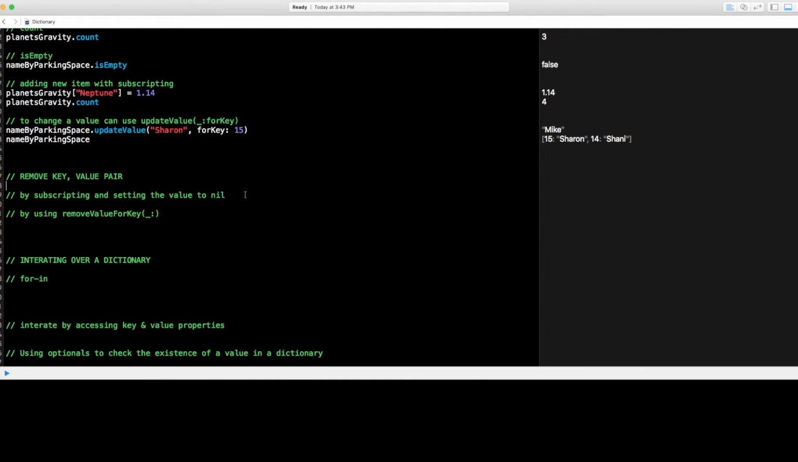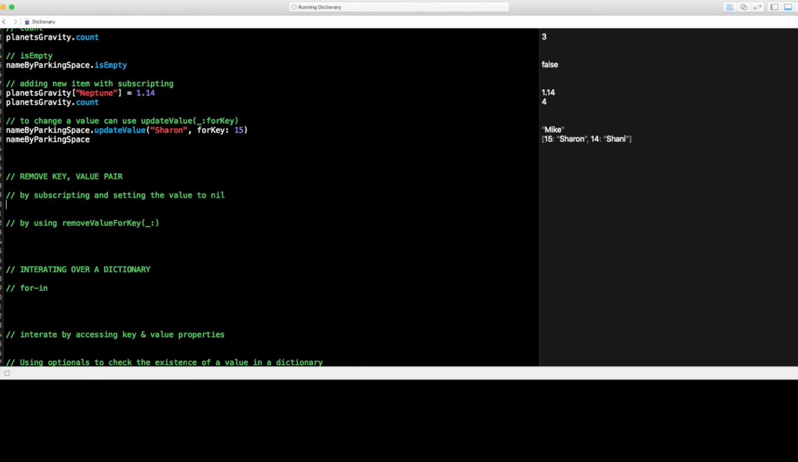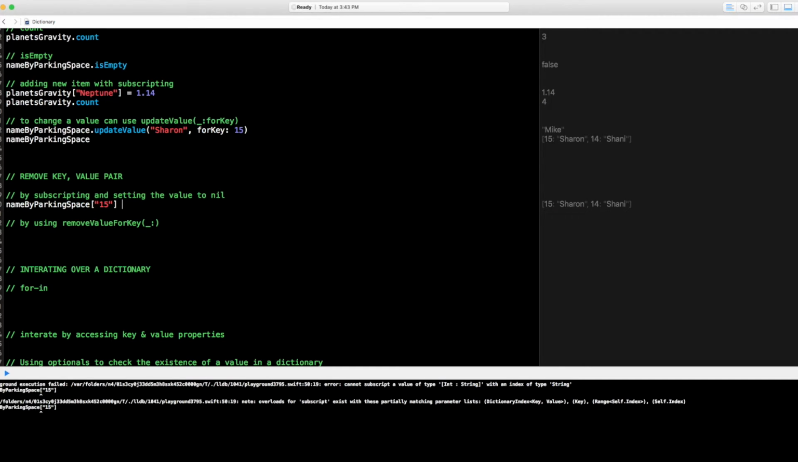Okay, so let's go ahead and figure out how to remove a key value pair. So with subscripting, if you notice with subscripting before, when I added the key and didn't give it a value, we noticed that it was nil. So that's how you actually also remove a key value pair. So let's go again with name by parking space, and then we tell it, okay, we want key 15, and if we set that to nil, it will,